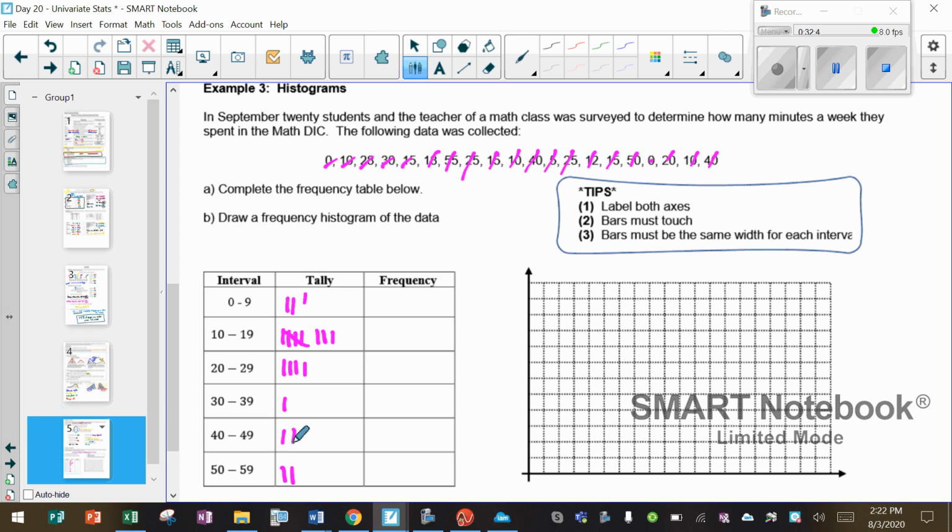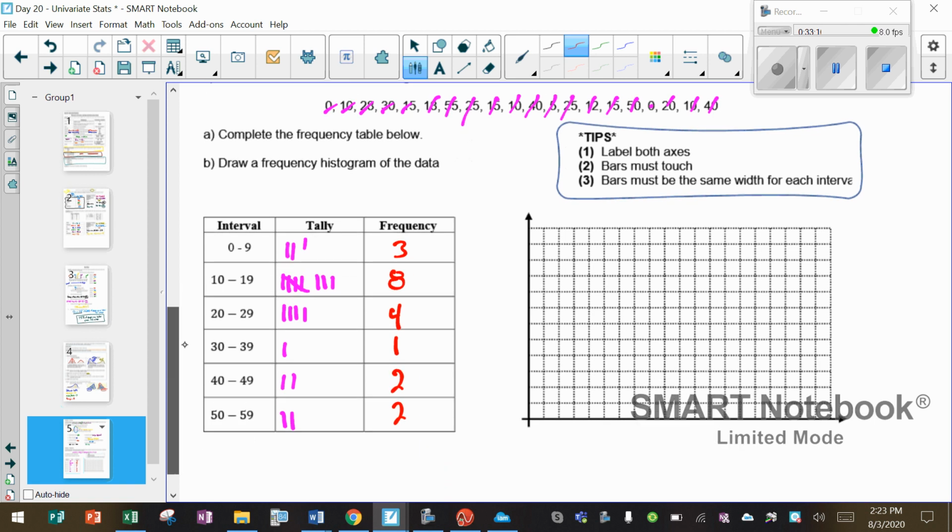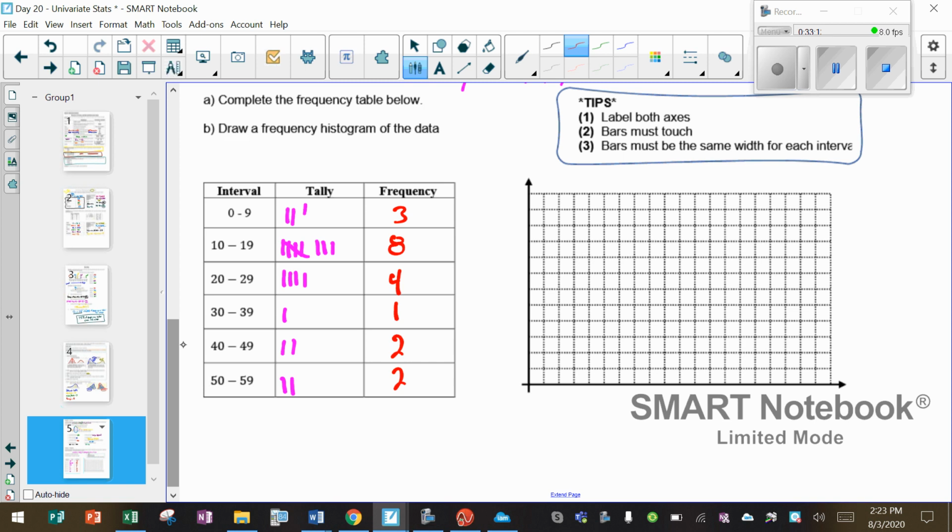Now, it's said that we have 20 students. I want to make sure that I have 20 tally marks. So 1, 2, 3, 4, 5, 6, 7, 8, 9, 10, 11, 12, 13, 14, 15, 16, 17, 18, 19, 20 tally marks. Good. So now let's total up our tally marks. We have 3 in the range from 0 to 9, 8 in the range from 10 to 19, 4 in the range from 20 to 29, and then 1, 2, 2 for the others. All right, so we have 6 intervals